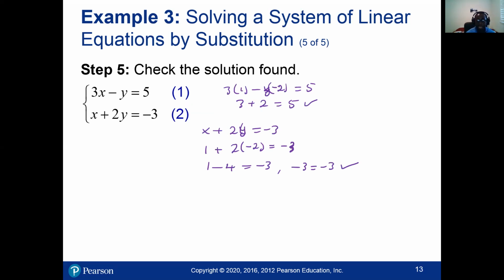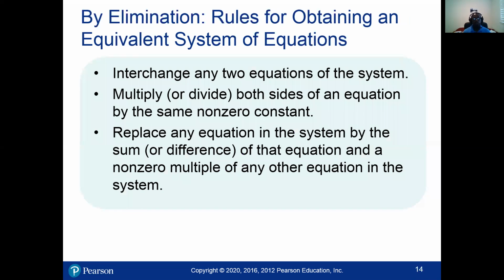Okay, so again, our solution set is 1, negative 2. All right, so now we'll pick the same system, and then solve using what? Elimination method. Okay, but before that, when you get what we call the equivalent system of equations, if